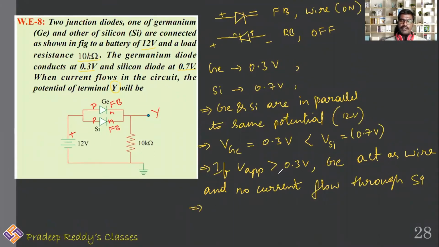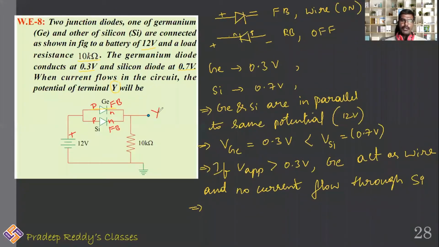So at 0.3 volt, the germanium will act as a conductor and it is switched on. Therefore, 12 volt is greater than 0.3 volt. So the first one will be undergoing conduction, and the silicon would undergo conduction at 0.7 volt. But however, as germanium is conducted, it is simply conducted at 0.3 volt.